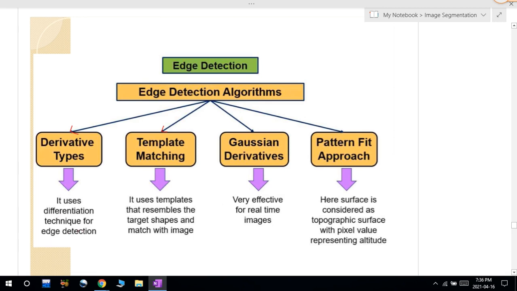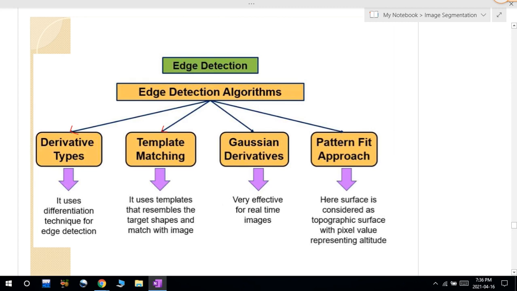We will take the image, and after that the image will be converted into a gray level image. Once the image is converted into gray level, we will form the matrix. Within the matrix, we will try to find out wherever there are changes in the intensity values. Based on those changes, which is nothing but differentiation, the differentiation technique will be applied to the image, so that is called derivative types. Based on the derivative types, we have different operators, like the Prewitt operator, the Sobel operator and the Robert operator. This is called derivative types.